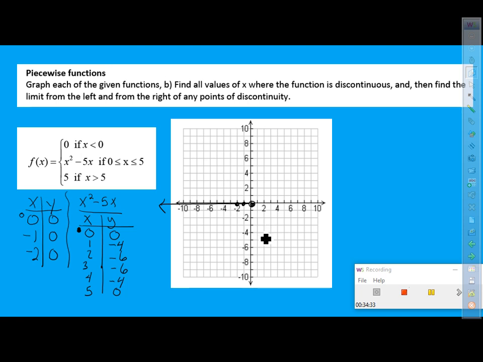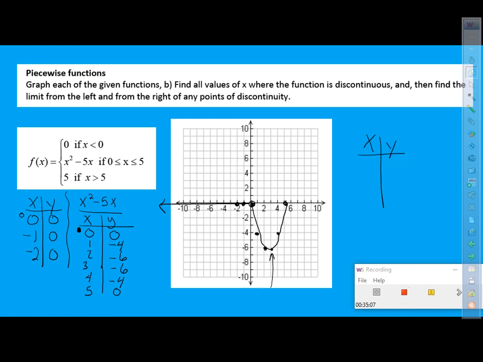I've got 1, negative 4, 2, negative 6, 3, negative 6, 4, negative 4, and 5, 0. So I know my next little piece looks something like this. I also know I had a vertex right in there somewhere. Now, since we closed this in, this thing's continuous from negative infinity to 5. And my last little piece,